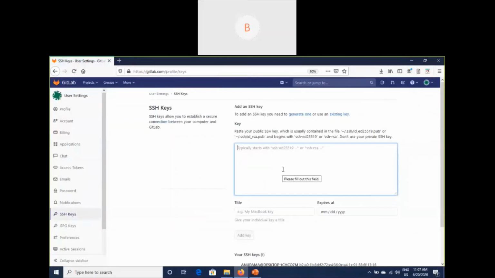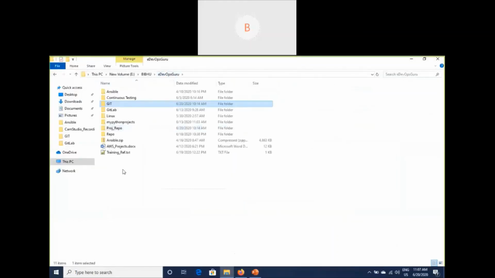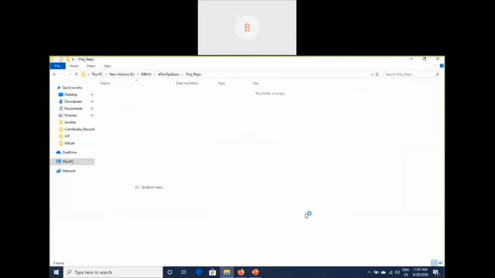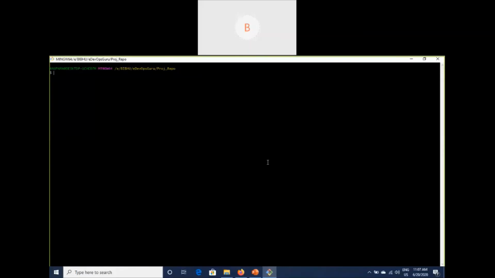Okay. So how are you going to do that? Here I'm using Git Bash. You can run ssh-keygen.